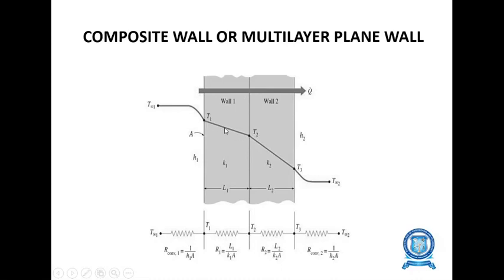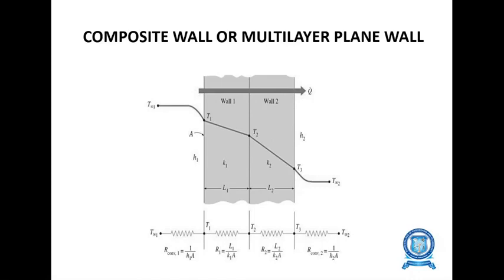Then in wall 1, the temperature T1 to T2 is pure conduction because it is in a solid body; due to intermolecular vibration the heat is transferred. Then in wall 2, the temperature T2 to T3 gradually decreases, as shown clearly. Here also, in a solid plane wall, pure conduction takes place. After T3, this heat is taken away by the surrounding atmospheric gases or any kind of fluid, which is considered convection heat transfer.